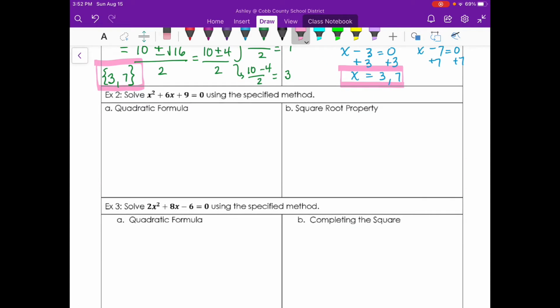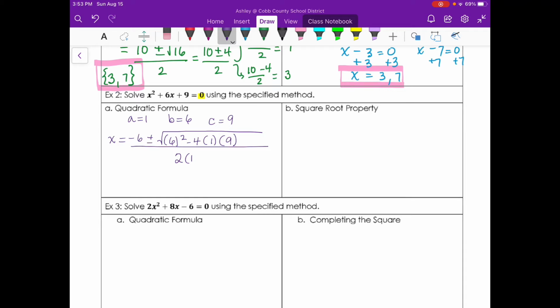In example 2, the equation is already equal to 0 and given in standard form. So I'm ready to substitute. The value of A is that understood coefficient of 1. The value of B is 6, and the value of C is 9. So now we'll substitute. X equals -6 plus or minus, make yourself a big square root symbol, B squared minus 4 times A times C all